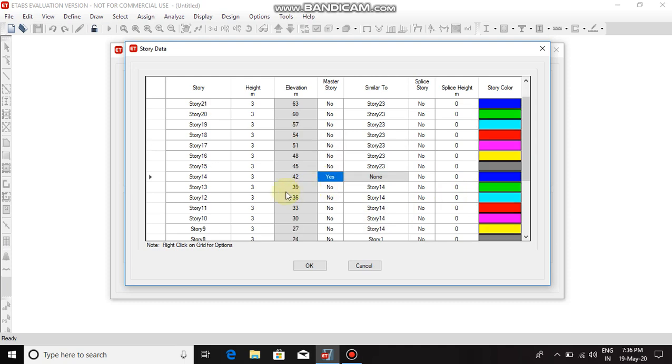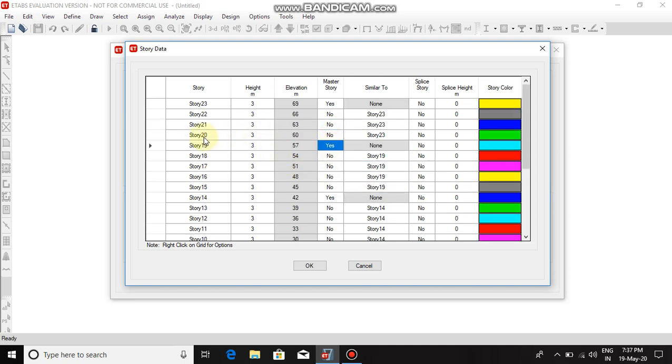And for the third set of similar stories, that is from 15 to 19, set story 19 as the master story, and select other stories similar to story 19.